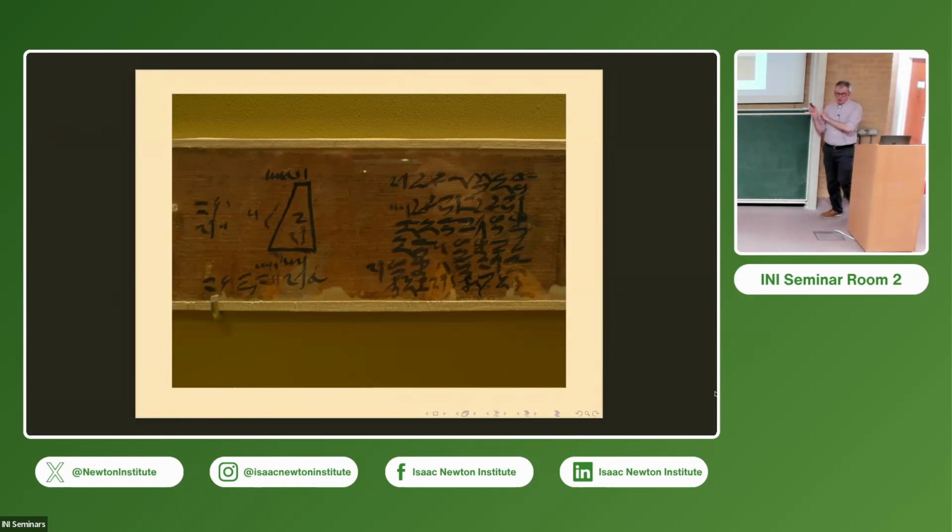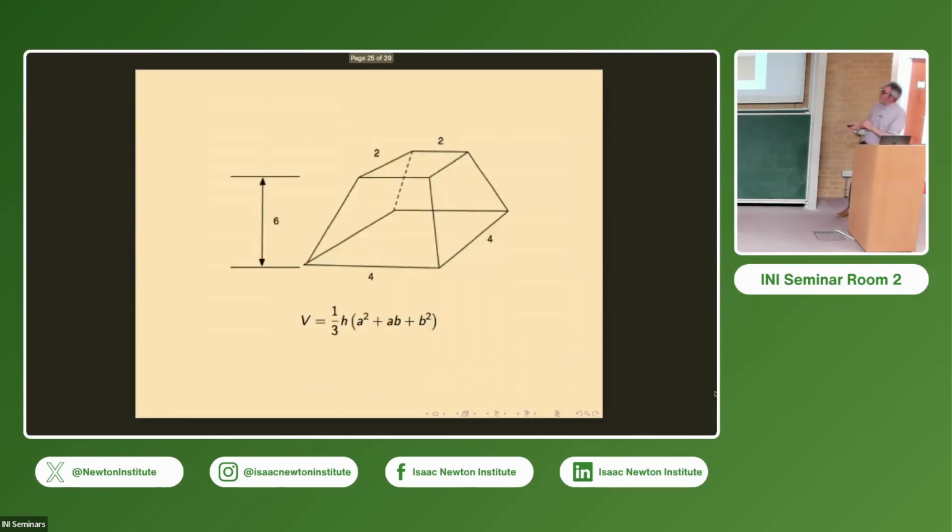The second best one that we have is the Moscow Mathematical Papyrus, which is in the Moscow Museum of Fine Arts. It was bought from a dealer by a Russian Egyptologist called Golenishchev in the 1890s. It eventually finds its way into the museum, and people in the West know that it's there for a very long time. But it's only as you get into the mid-1920s that people are starting to get some sense of what's in it. It largely corresponds to what's in the Rhind Papyrus, but with a couple of extra things, one of those being the problem that is here, which relates to finding the volume of a truncated pyramid.